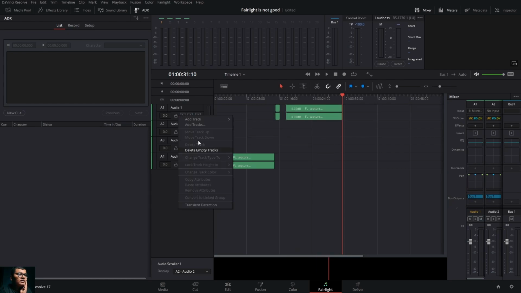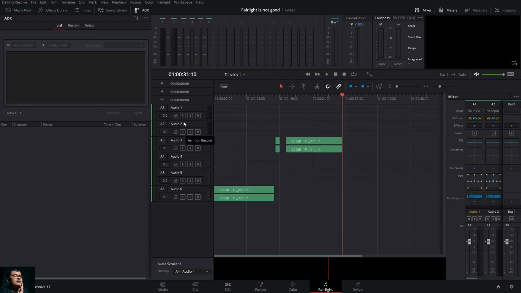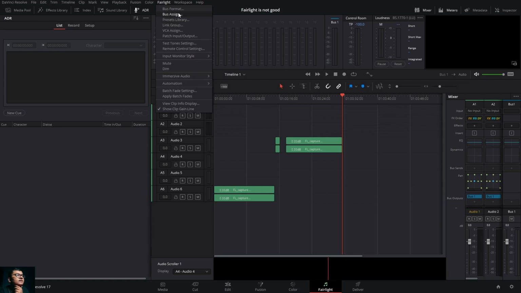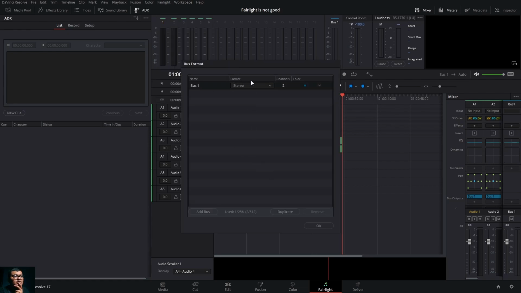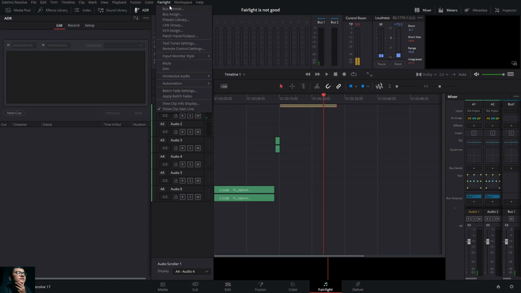I'll add tracks, 7.1.2 below the first track, create 2 buses, and then go to Fairlight bus format, the normal Atmos thing. I'm skipping it. What really happens is, let me show you.